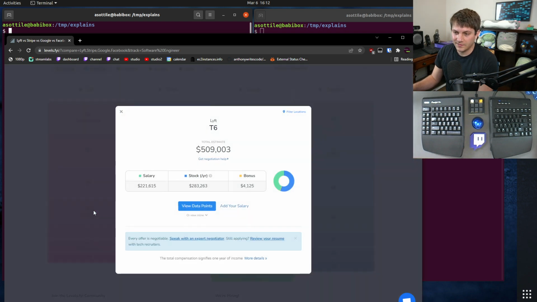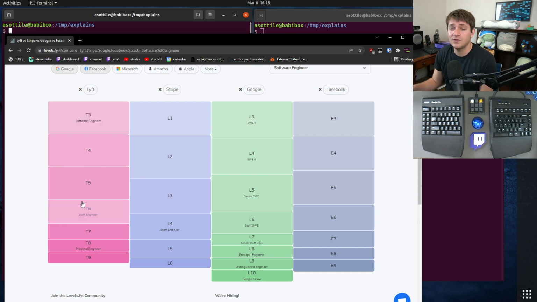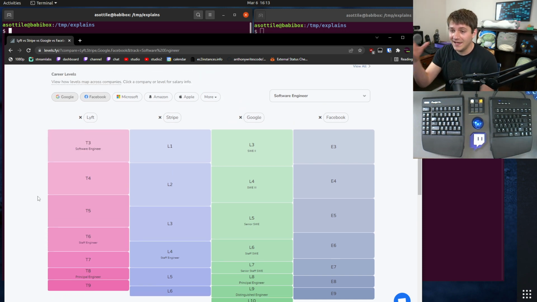And I got promoted eventually to a T6 at Lyft, and this is again fairly accurate. This is why bonus is 0 here, because Lyft doesn't usually hire in T6s. Well, sometimes they do, but for most people it's 0. And at Stripe, I leveled up a little bit and had a little bit higher salary and stock. But I basically wanted to promote this tool. I'm not sponsored in any particular way. Promote this tool as a good way to gauge how much you would make working at a software company